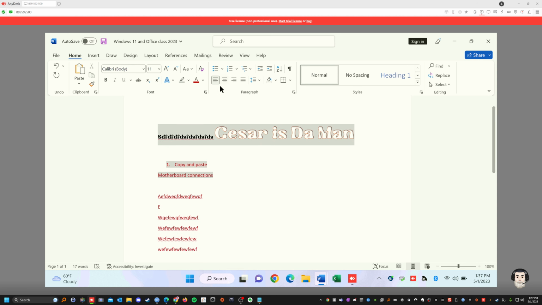Okay, so the bottom one is if you want to create a paragraph and you want to align it to the center, so you highlight it, right? And you click on align to the center. If you want to click on align, this is align to the left, align to the center. See that? Align to the right. See that?